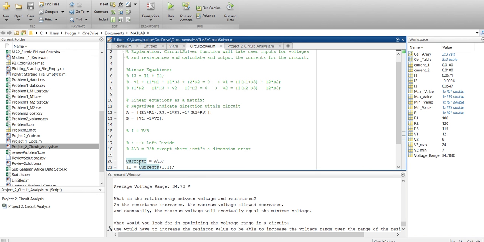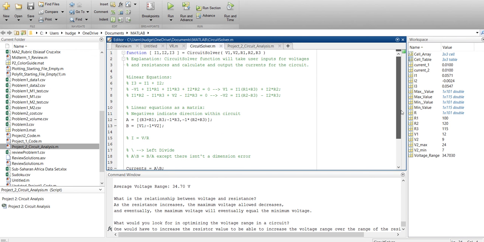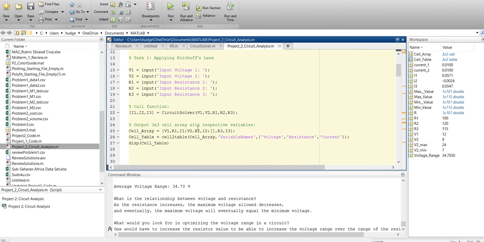What we get here, the current is going to divide A divided by matrix A, the resistance values, divided by B. This is equal to BA, where B is voltage and A is the resistance value. And so then we just extract the first value, the first row, first column is the value of the first current. Second row, first column is the value of the second current. And then we just add those two currents up to get the third resistance from our first equation here. And so in doing so, we get the values and we just output it to an Excel table,